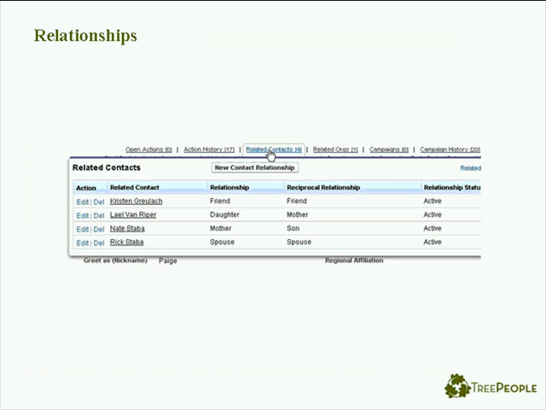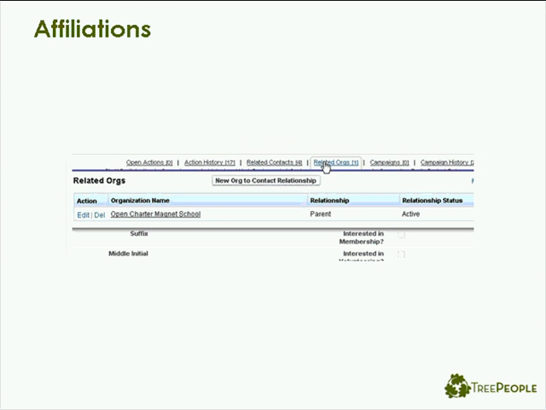So, in terms of relationships, here's my record. I can go in there and indicate that Lel Van Riper is my mother, and my son and husband volunteer quite a bit, so they're both in there. And a good friend of mine is a member. That's all really handy information to know, and I could easily click over and then see who those people know and who those people know. So that's a really nice feature for us.